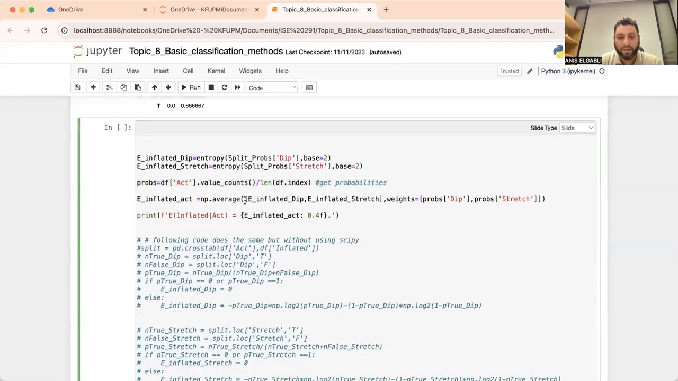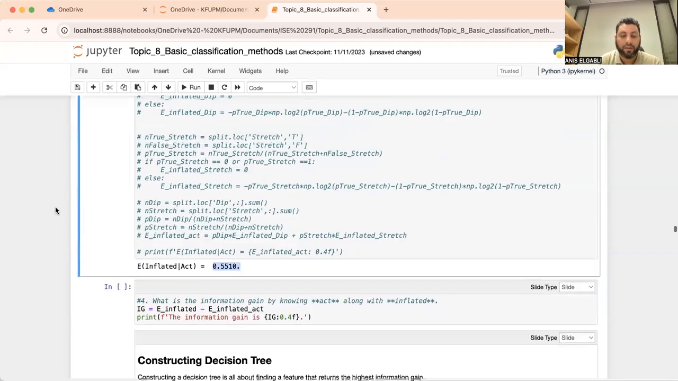So then we take, as I said, these two conditional entropies and we weight them with their corresponding probabilities. So the probability of act is equal to dip times the conditional entropy of inflated given act equal to dip, plus the probability of act equal to stretch times the conditional entropy of inflated given act equal to stretch. This is what's happening here. That's it. We got the entropy of inflated given act, and that's equal to